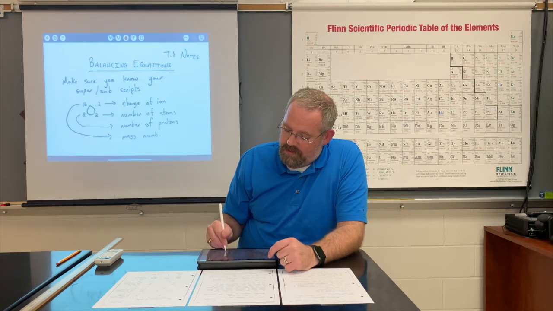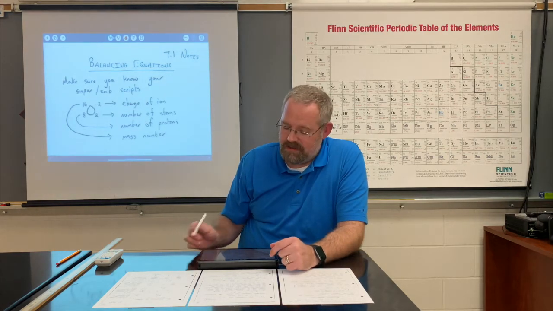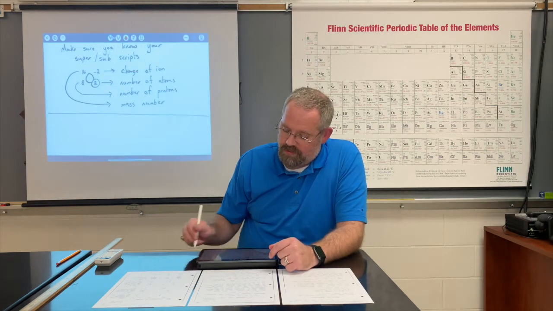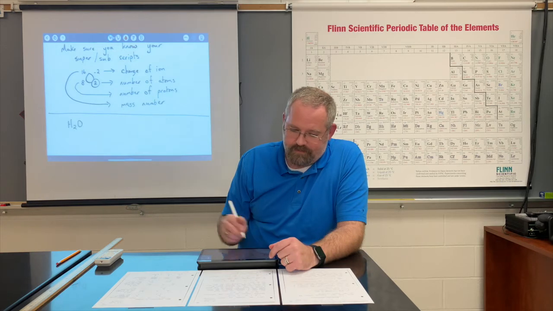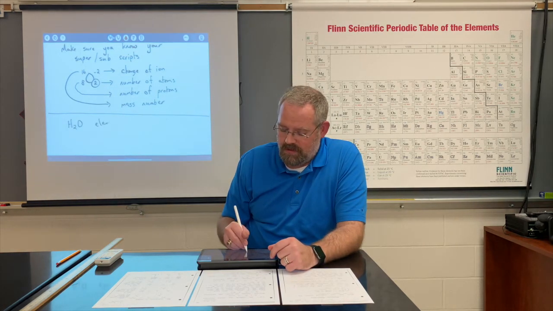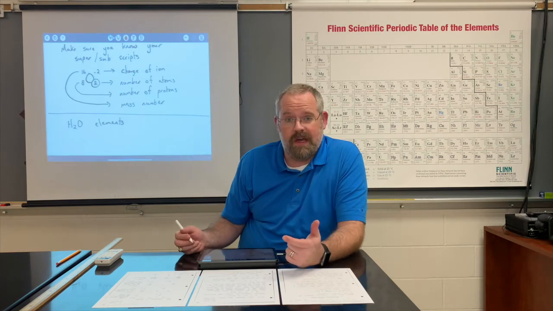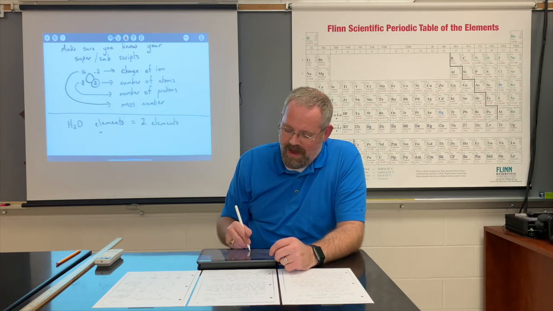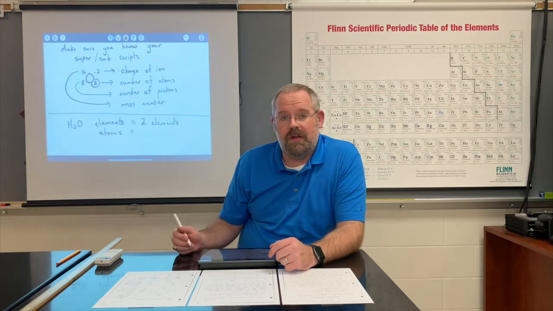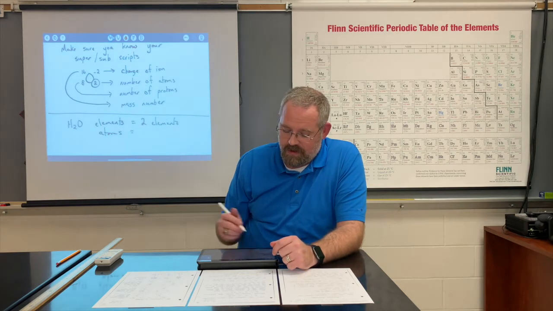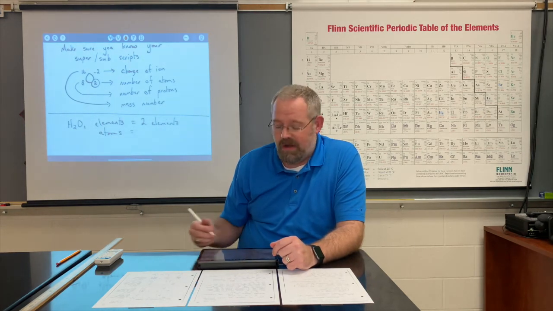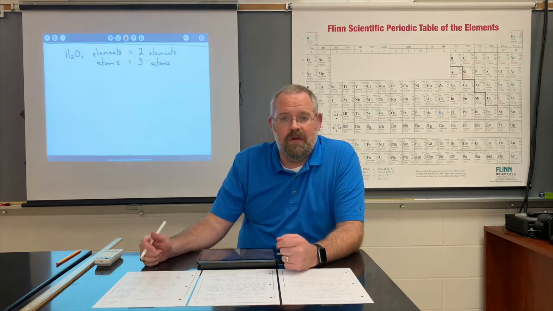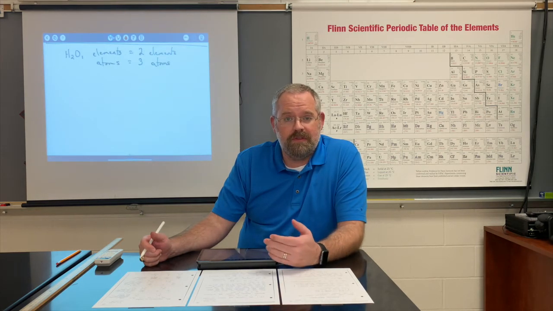Now, the one that is going to be key in today's lesson is the number of atoms. That's the one that we're going to look at the most. So if I'm looking at water, how many elements does water have? It has hydrogen and oxygen, so it has two elements. How many atoms? That's when you got to look at all of the subscripts. So we've got two hydrogens and one oxygen, so we have 3 atoms. So making sure that we understand those numbers and how many of each atom there are, that's really where balancing